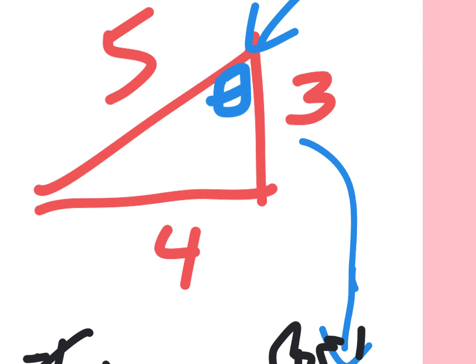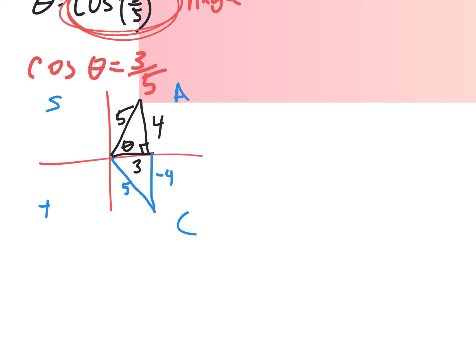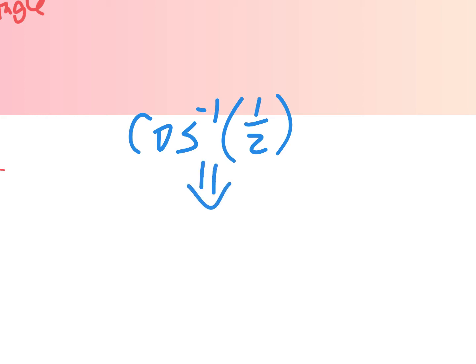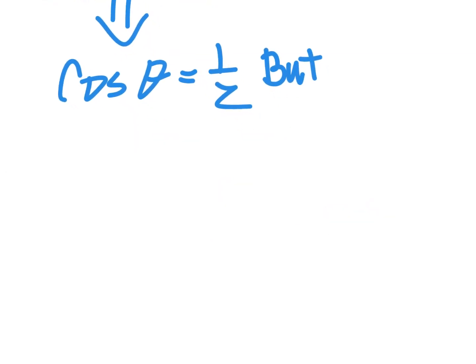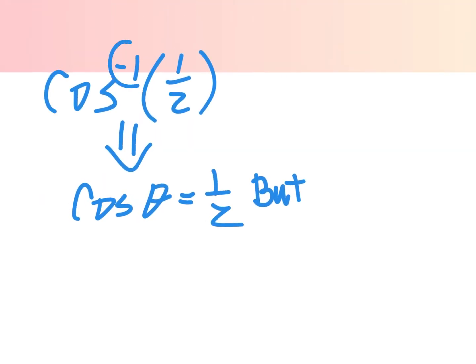Okay. All right, so now, what did you do yesterday? You had a problem like this. We'd say inverse cosine of 1/2. And your first step was supposed to be to go, okay, I know there's rules about this. So everybody take this and write it as cosine of the angle equals 1/2. And that's got 2 answers. So we got to say but, because if you just leave it right there and you just solve it, you'll get 2 answers if you do it right. So you need to tell yourself, but since this is inverse,